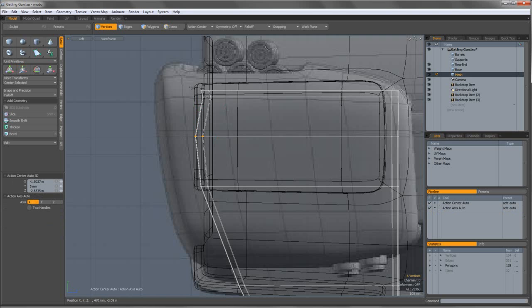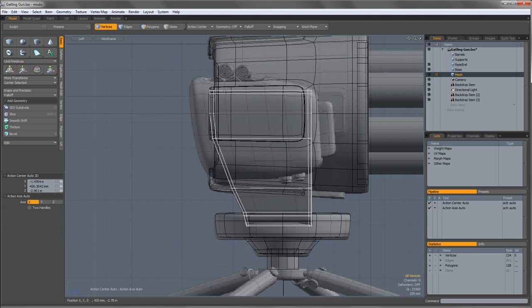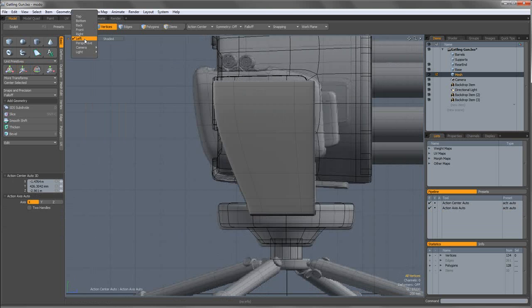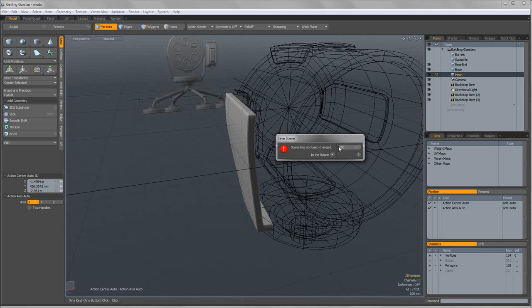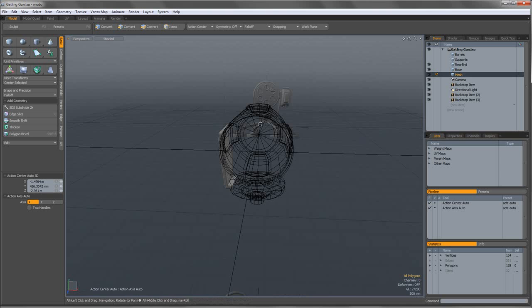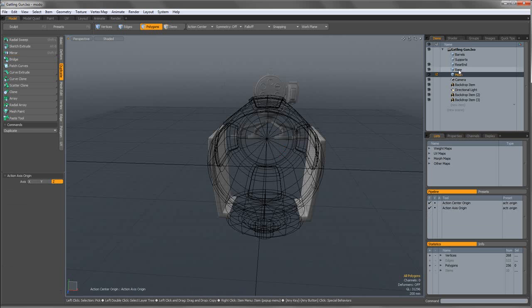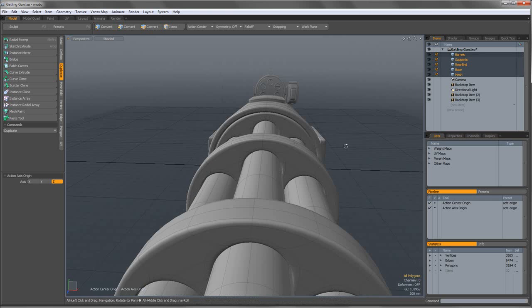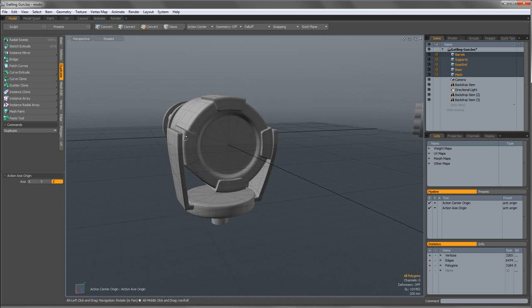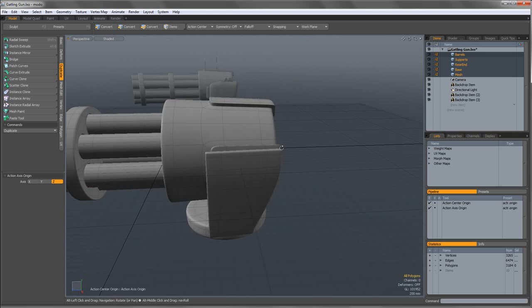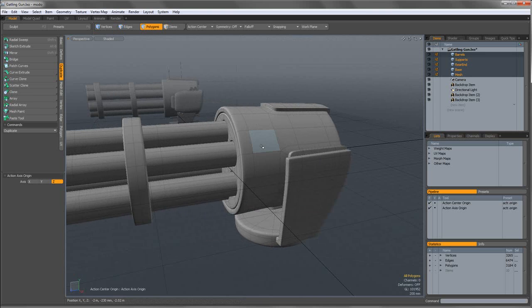It's really nothing fancy. Okay. And I'll save your scene. And set the action center origin, and let's mirror this on the other side. There we go. Save again. Unhide everything, and let's check our gun. Well, it looks good. Now we kinda ran out of time on this one, so I'll see you next